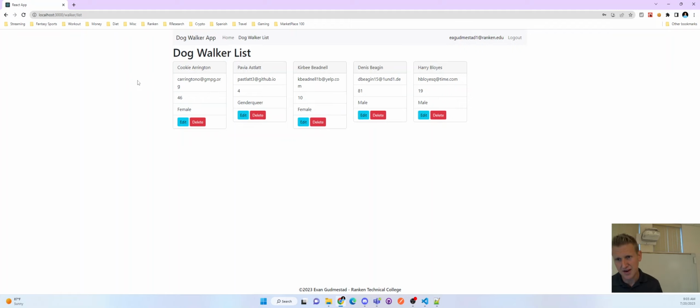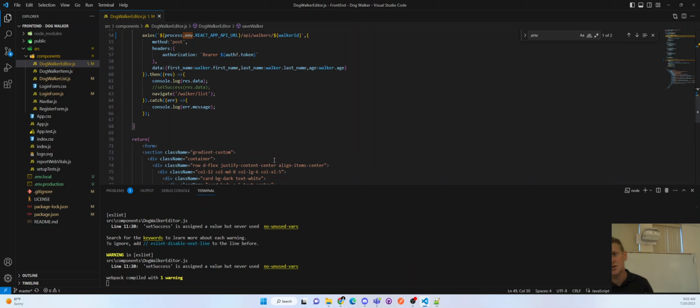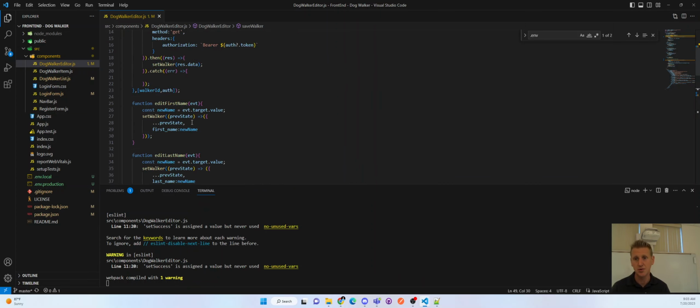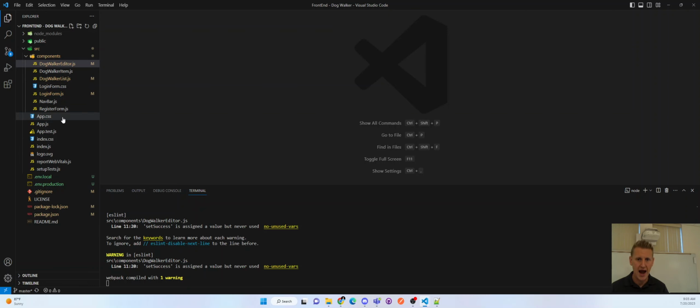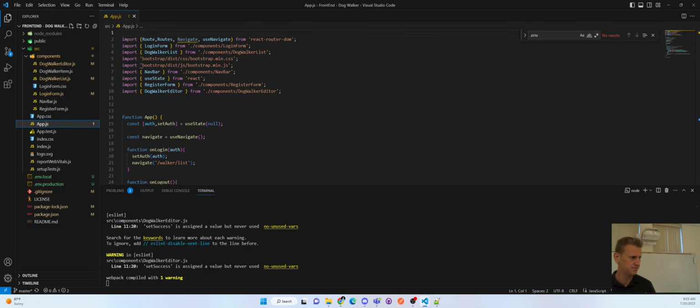Which is that toastify thing. Alrighty. Next up is to save our token to local storage. And so let's go to app.js, and we have a function called onLogin. And inside of here,